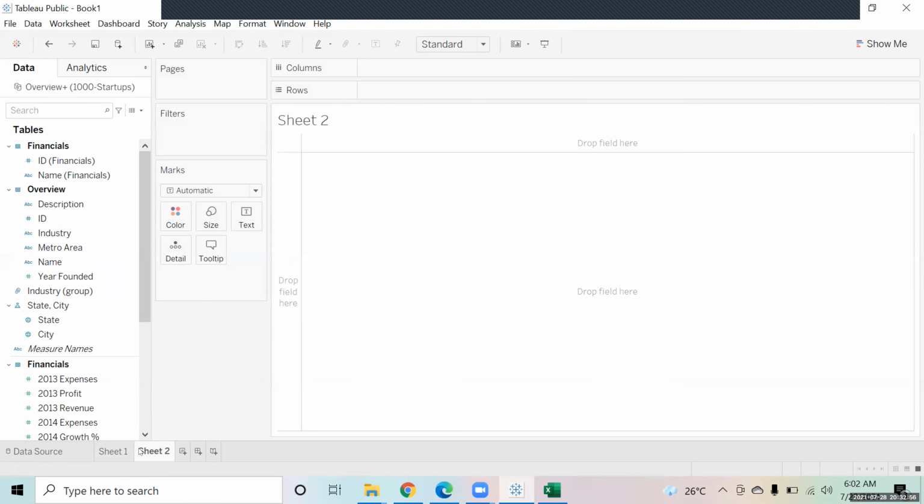Now the benefit of a set is that whatever values you have kept inside it, they will always move around together. Suppose I put this set on the filters. Now it is showing me the values which are inside the set. By default, it shows like this. Right click. Because in the filter there is a setting that is show members in set, we are going to say show in and out of set. So first of all, I'll just wait so that you all first make a set and put it on the color. Then we'll take it ahead.